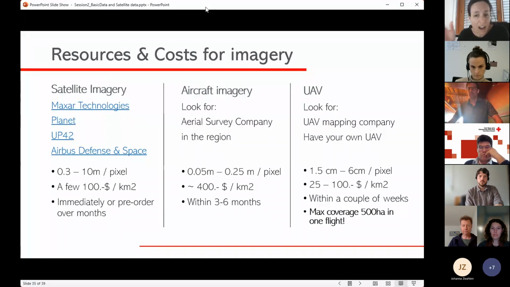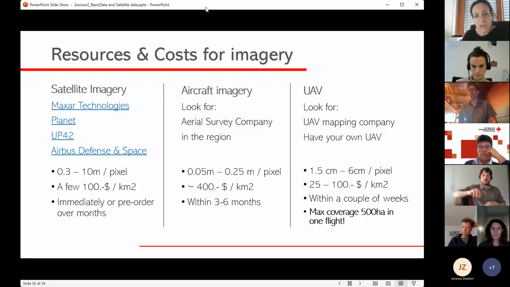one drone can maybe fly half a kilometer in one flight or even less. So then it's more the time and effort that counts than the actual square kilometers. So you might take a couple of weeks to collect all the data and another couple of weeks to process all the data. That said, 500 hectares in one flight, well, that depends also on the country you're flying in,